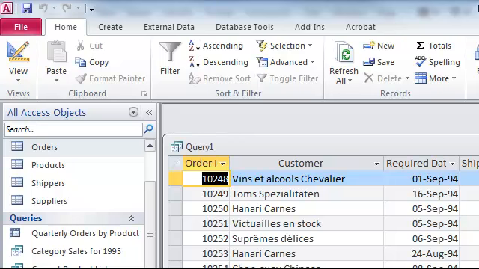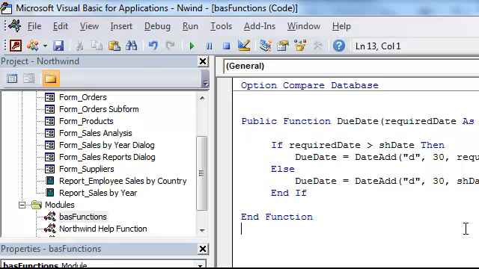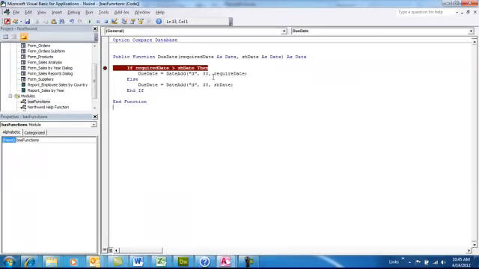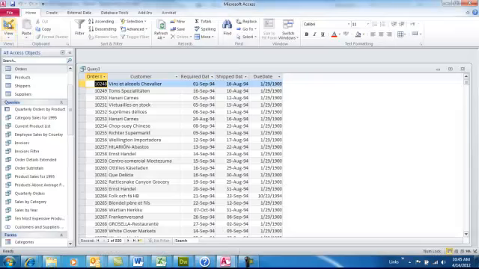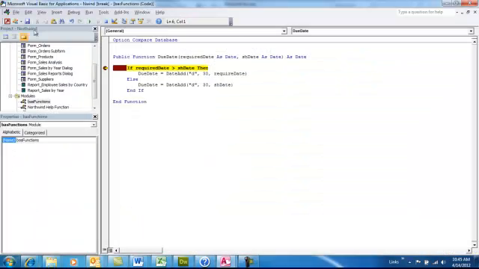Okay. So let's go back over. I'm going to hit Alt F11, go back over, and let's rerun this and see if we can figure out what's going on. So I'm going to go back to Design View and back to Run again. And when I do that, notice how I put a break right there? I know I did that pretty fast. But, well, that's correct. And that's correct. And look, I spelled required date wrong. Do you see that? I got required date, and I spelled it differently here. Okay, and shipping date, so I'm going to hit F8, F8, yeah, okay,